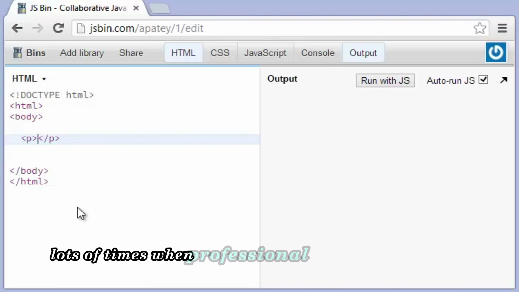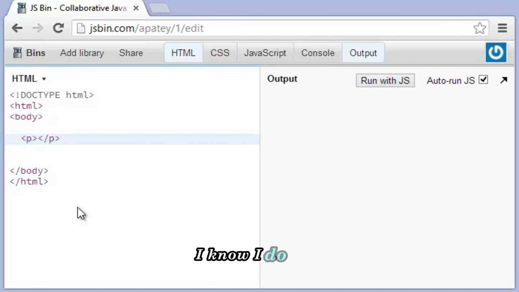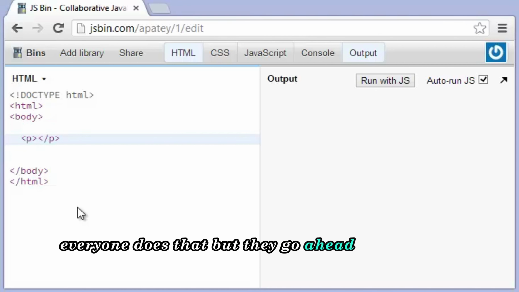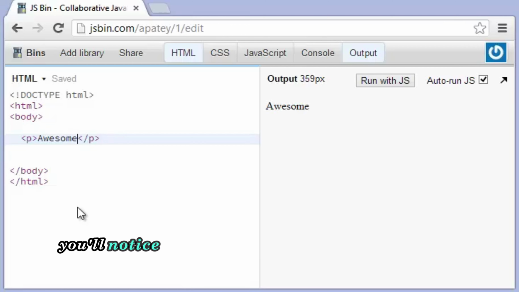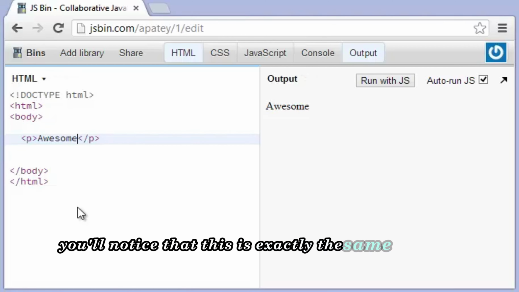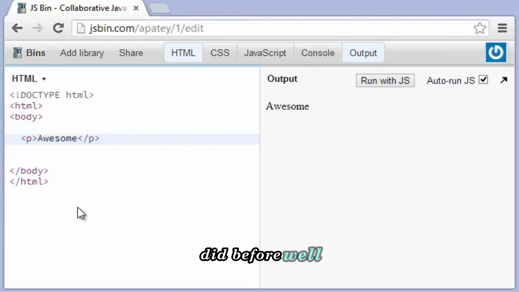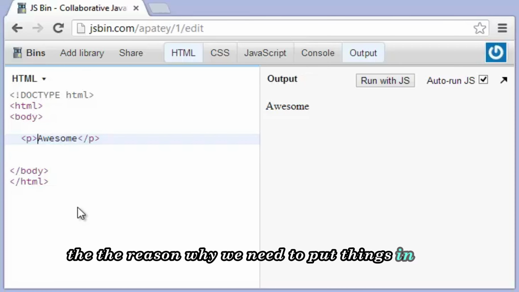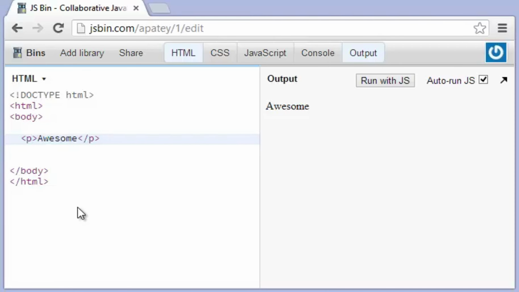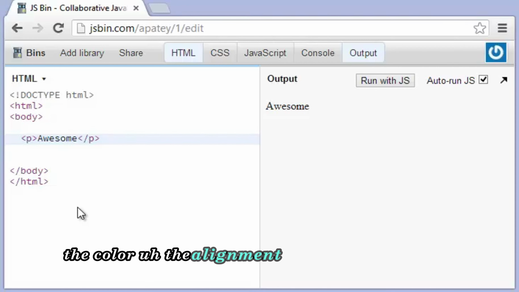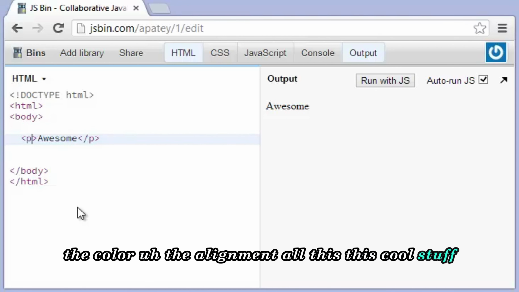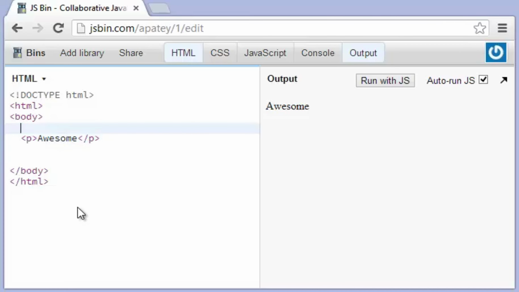Lots of times when professional programmers are coding, there's warnings all over the place. I know I do that. Everyone does that, but they go ahead and they fix them, okay? So now that we have a paragraph tag, we can type in whatever we want, okay? And you'll notice that this is exactly the same as what we did before. Well, the reason why we need to put things in tags is we can put attributes into this tag. We can put in the font, the color, the alignment, all this cool stuff. And I'm going to show you that in a different tutorial, but I do want to show you one other